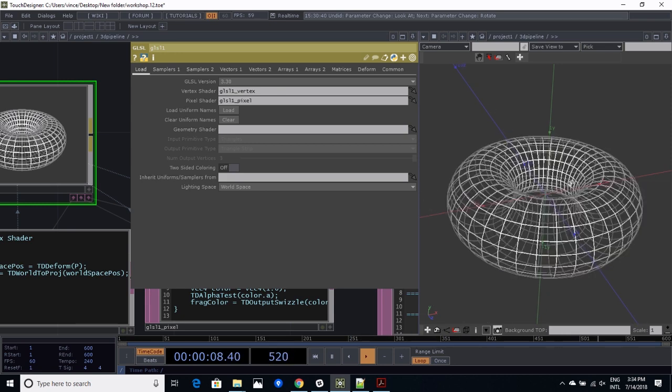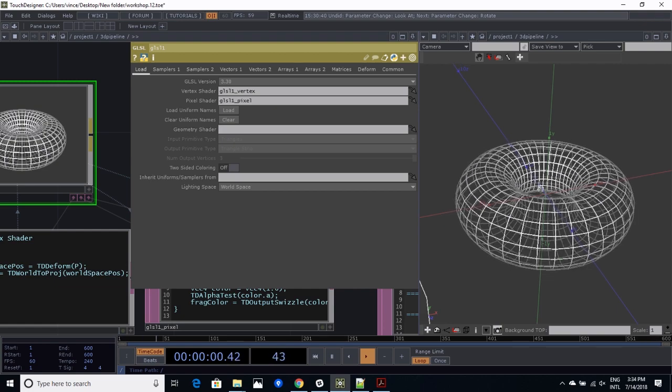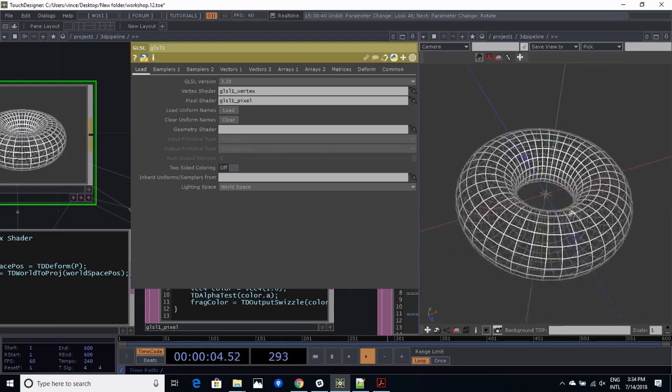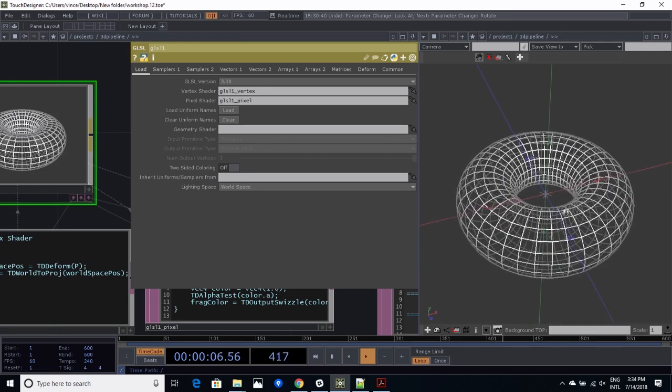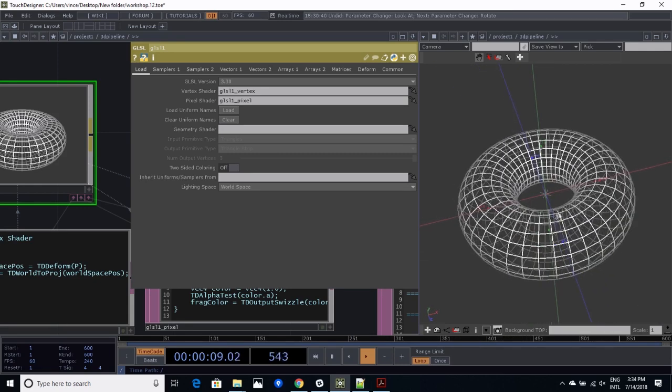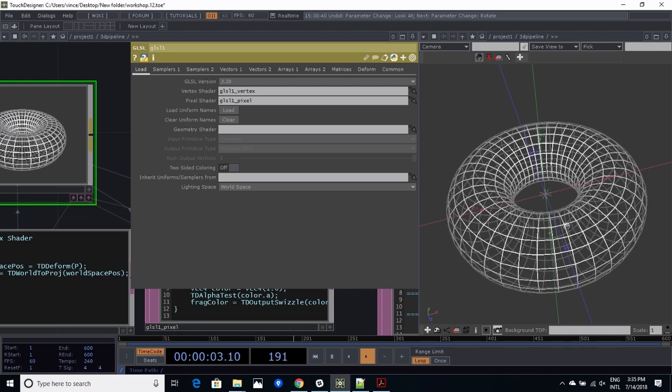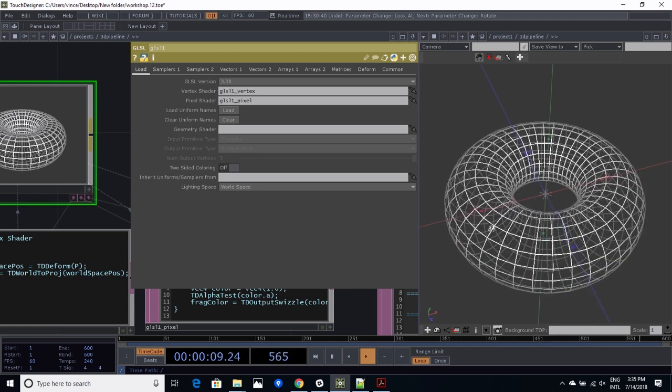Okay. So I just hit W in the viewer to show the wireframe of the mesh. And so what the vertex shader does is, for each vertex of the mesh, which are all the points that are connected, it's going to do geometry transformations. So first it's going to do